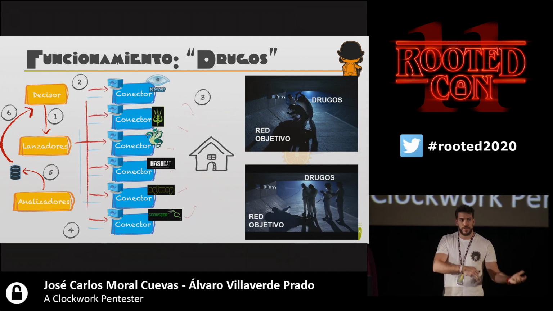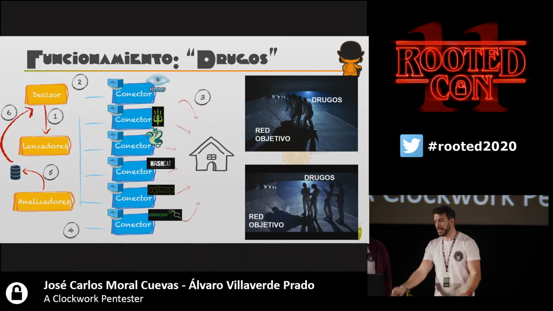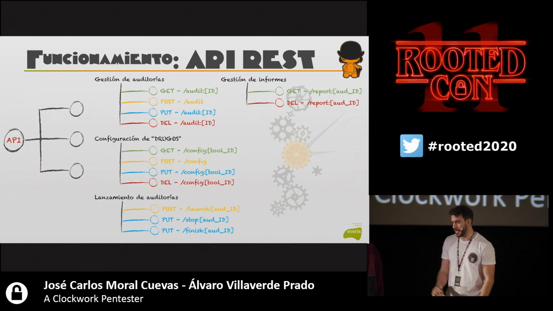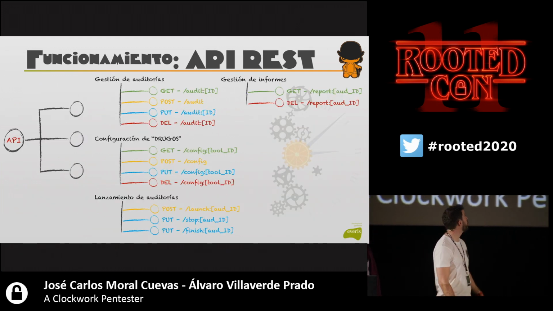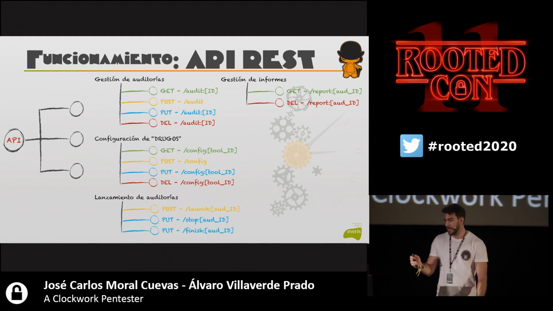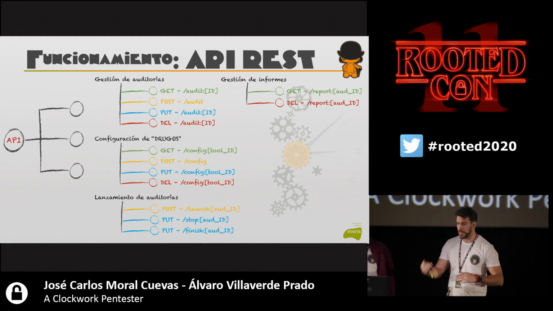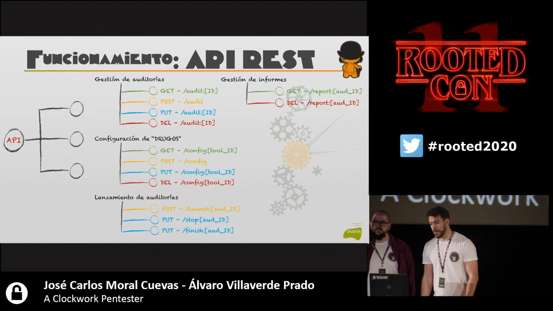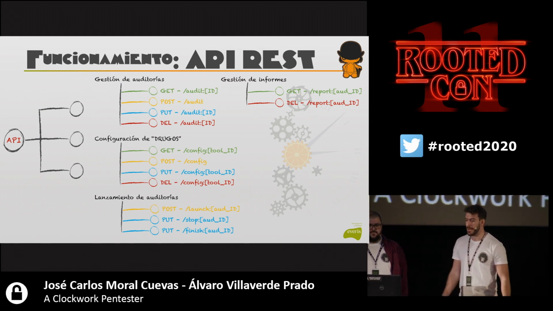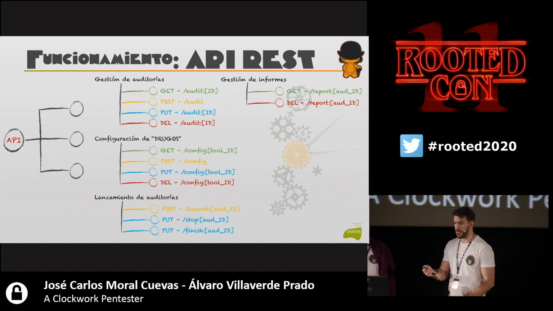So how do we use all this? We have the functionality, but the API REST, what are its functionalities? Well, these are the methods that we have. We have methods for audit management, creation, deletion, and modification, methods to set the drugos, to set the tools, and